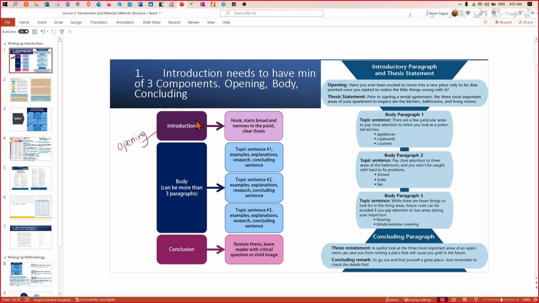So you have your opening, in which you very broadly introduce to your audience the topic that you have picked that you want to talk about. You start broad and narrow to the point, a clear thesis, meaning the statement of the thing that you want to talk about. Then only do you move to the body of your article, and usually this comprises three paragraphs. In each of these paragraphs you will have what we call the topic sentence. You have the main topic about it. What are the keywords?